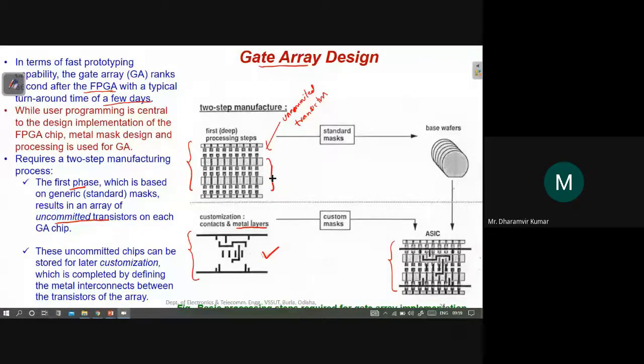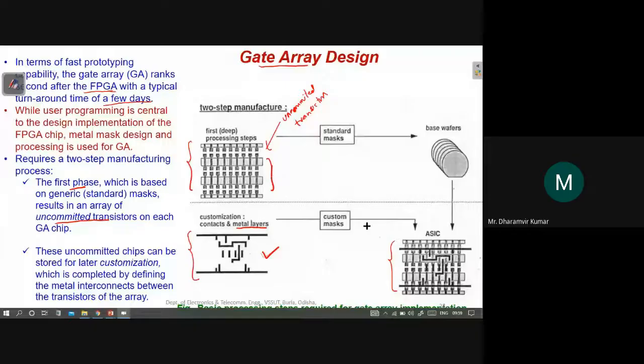For an FPGA chip, user programming is central to the design implementation. Because we are using metal layers here to connect those transistors, metal mask design and processing is used for gate array design.